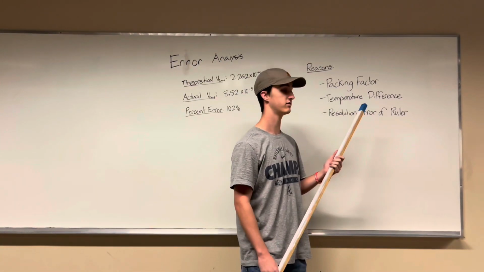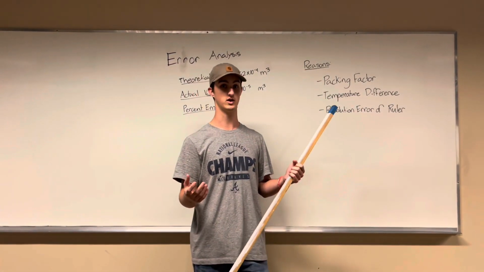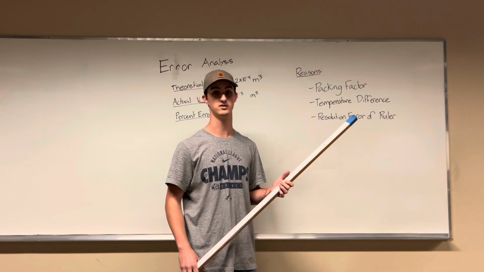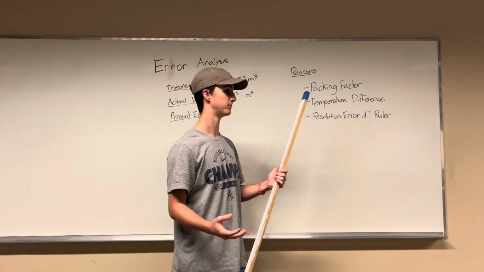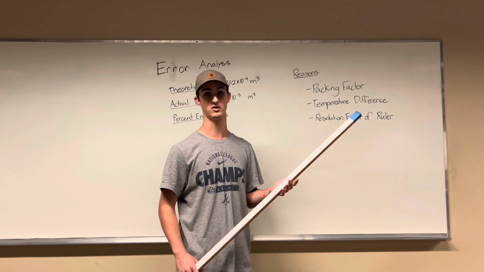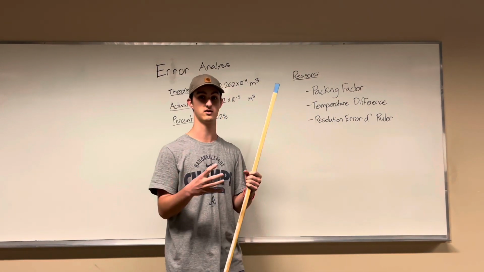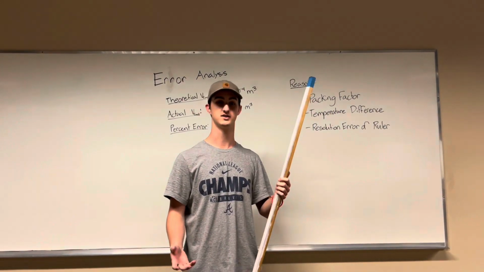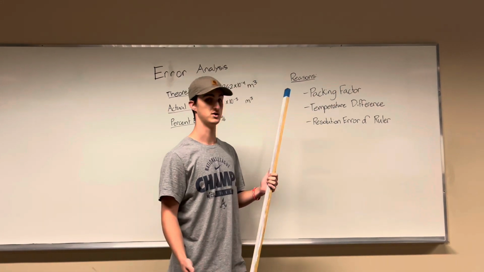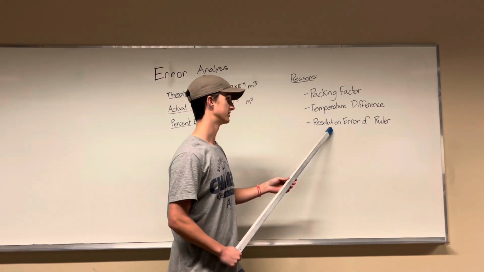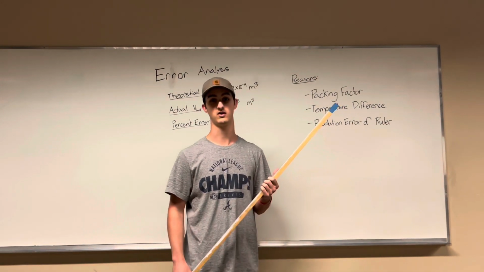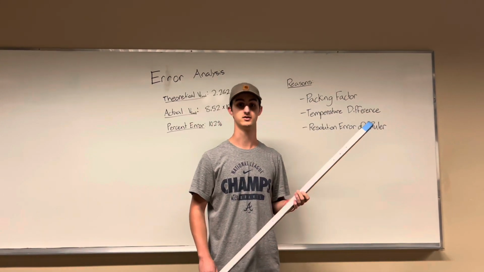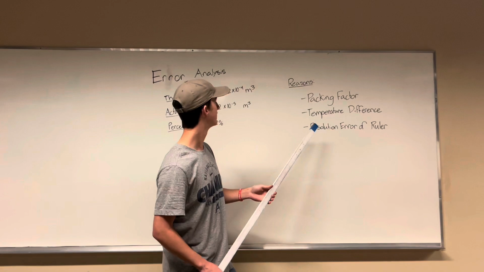One of them is the packing factor. Whenever we found the initial volume in solid form, there was some air in between the grains of the solid sugar. So the volume that we measured was probably larger than it actually was if it were to be packed together into one solid form. There was a temperature difference, so the oven was not set exactly at the melting point for the entire time, and the resolution error of the ruler is only so accurate, and our eyes can only read it so accurately. The ruler only goes down to millimeters, so we can't get that accurate of a resolution, but